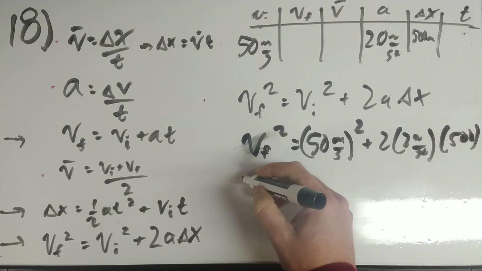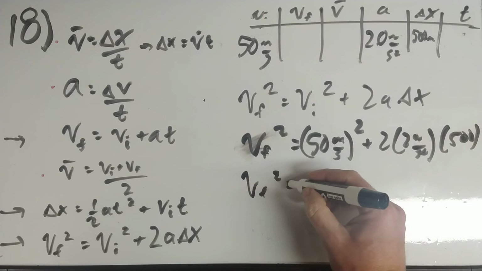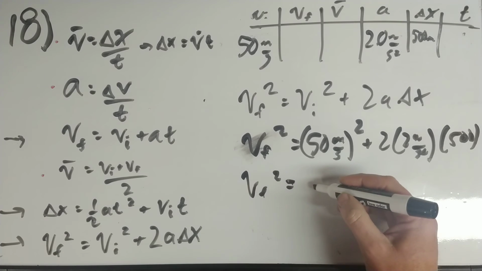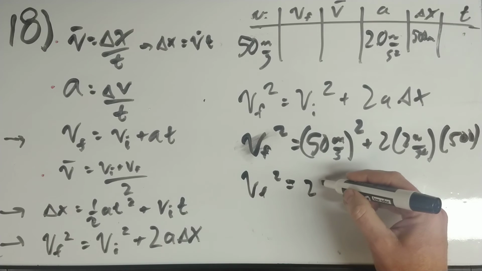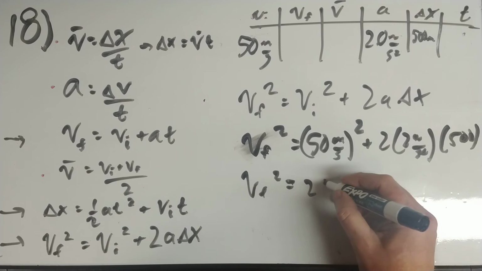That's v final squared equals 50 squared, which is 2,500,